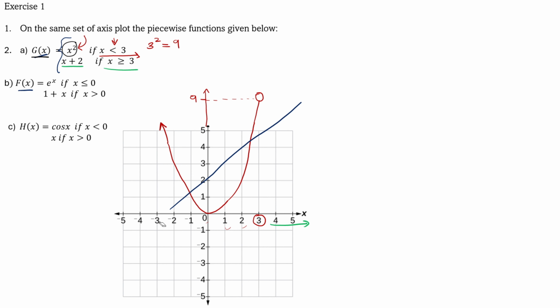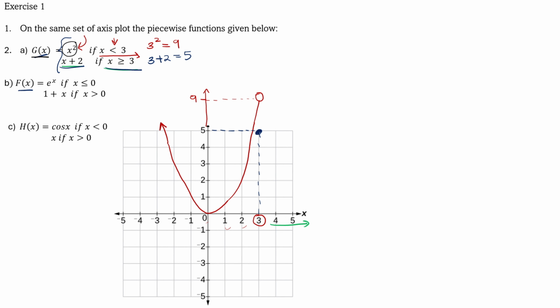The reason being, as I've already said, we define only a piece of it. We are only going to draw this straight line given by x plus 2 if x is greater or equal to 3. So here we start at 3. We're just going to put 3 into this equation, x plus 2. Where there is x, you put 3, and then plus 2, you get 5. So if we were going to define it, when x is 3, on the second equation, y equals 5. So now x equals 3, y equals 5. So what are we going to do here? We are going to draw a shaded circle.